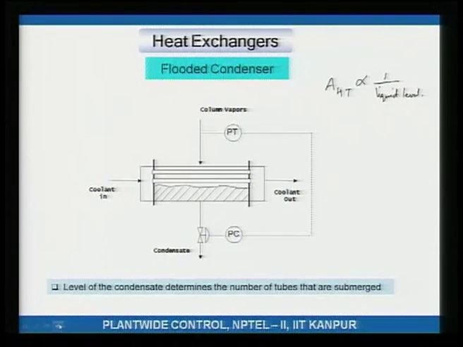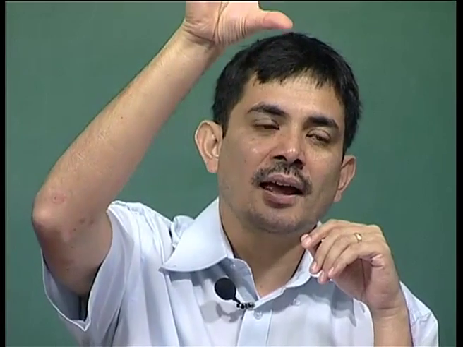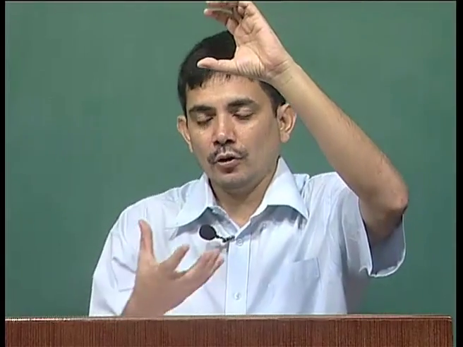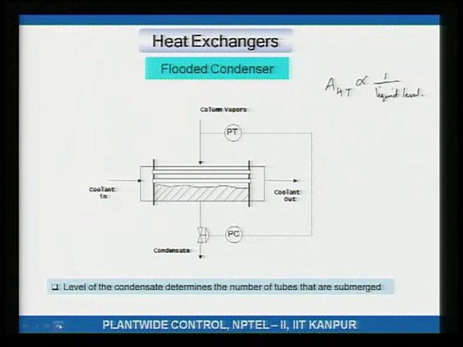If you are using a flooded condenser, note that you do not need a reflux drum. So the advantage of this unit is that it's more compact. You have the condenser as well as the surge capacity combined into one unit. On the other hand, if you have a condenser followed by a reflux drum, then you have two separate units, each doing a certain task, right. So here the surge capacity as well as the heat exchange is combined into one unit. The price that you pay for that is slow pressure dynamics.